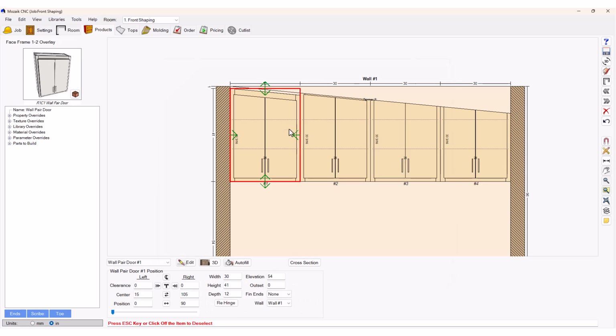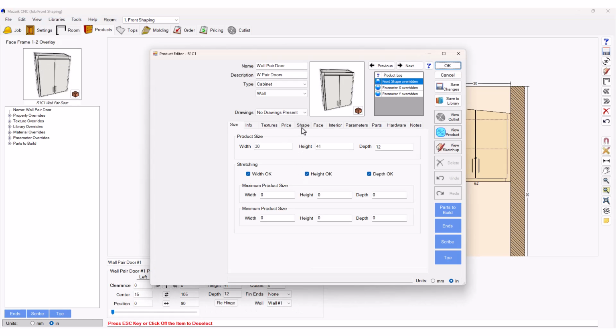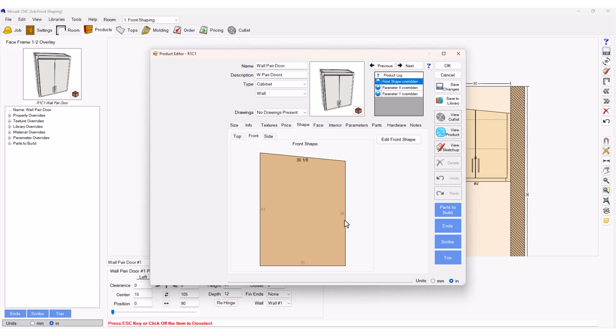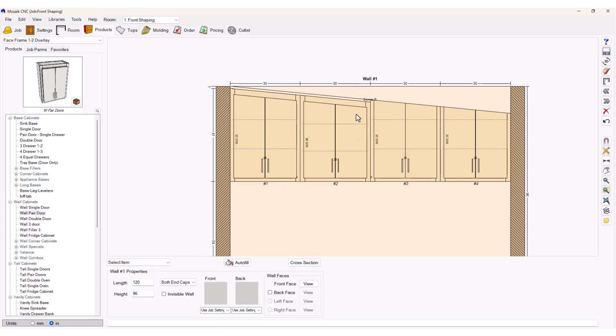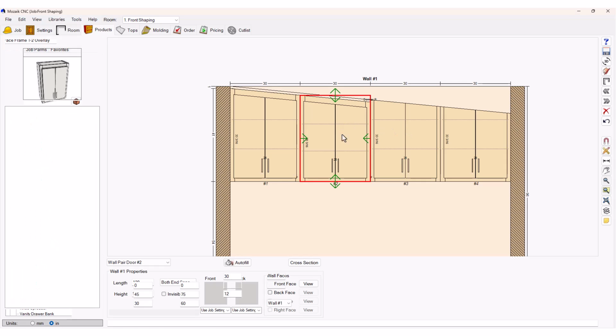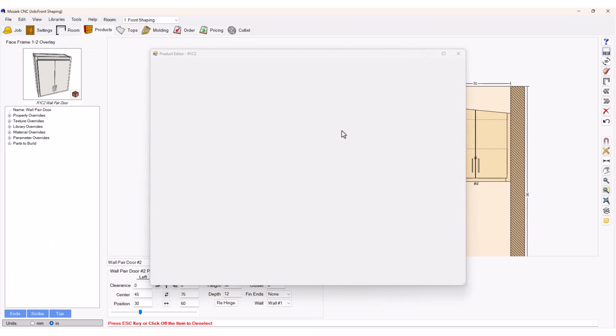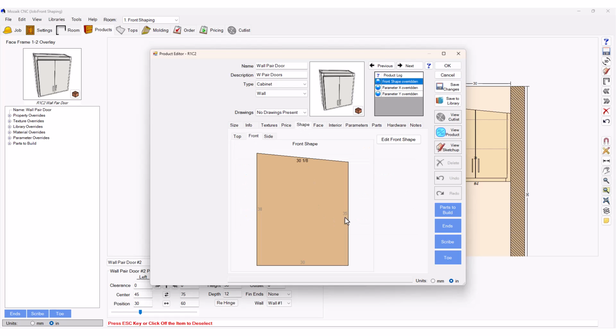Let's double click on the first cabinet, go back to your Shape tab. The height of this end is 38 inches. So if I look at this cabinet and I change the height to 38, readjust my elevation to 54, it automatically shapes that. So if you repeat that process, and let's double click on the second cabinet, Shape tab, this